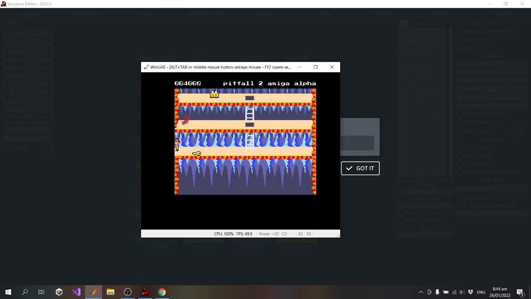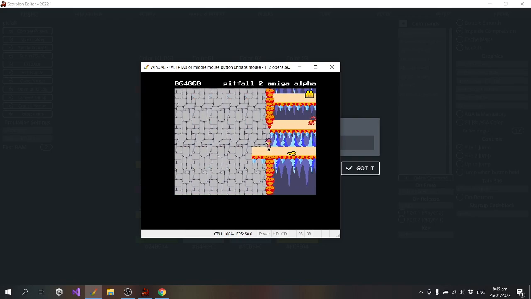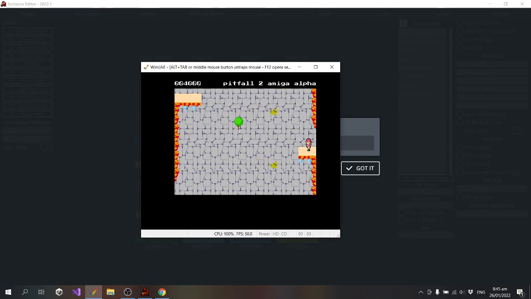Yeah, you could certainly use for each actor for one actor to communicate with another. So if you had a wave of actors, you could use it so that one of them sends commands to the other ones. It's not a fast command, so I wouldn't recommend using it every single frame.